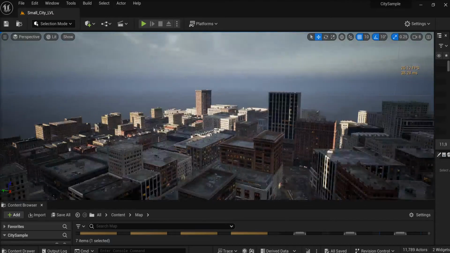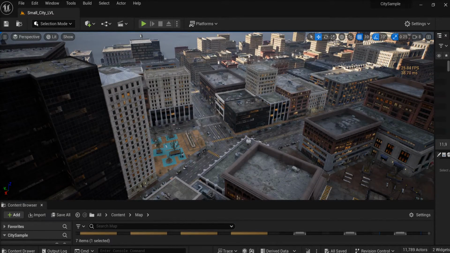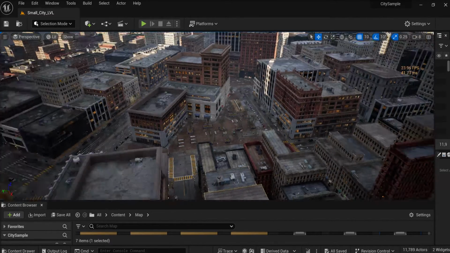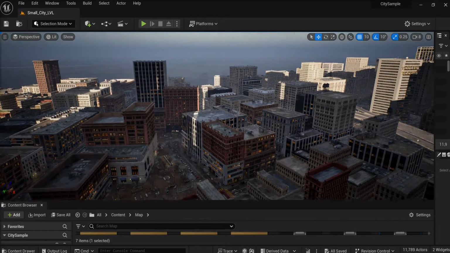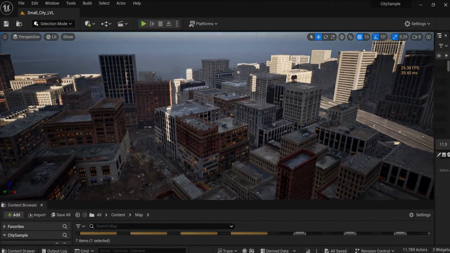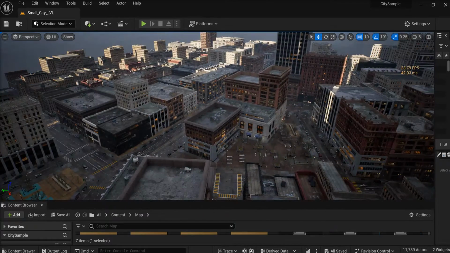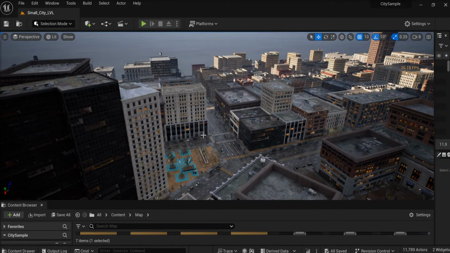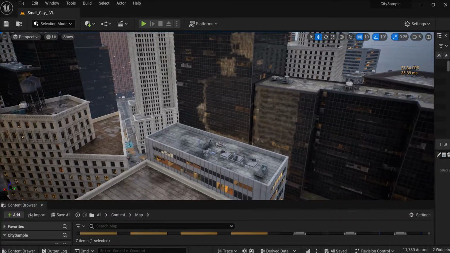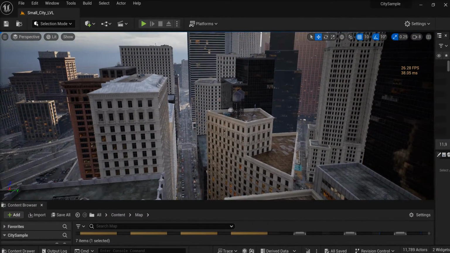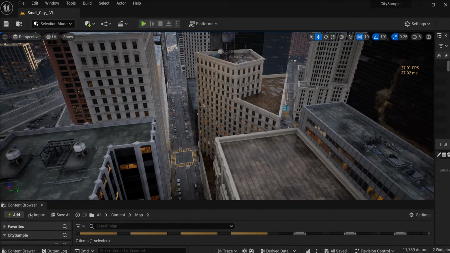But this environment is amazing. This was for the Unreal Engine game Matrix Awakens. This was for the Matrix Awakens game, and they released this a couple years ago when the movie was coming out to show what Unreal Engine 5 could do. This is the small map,